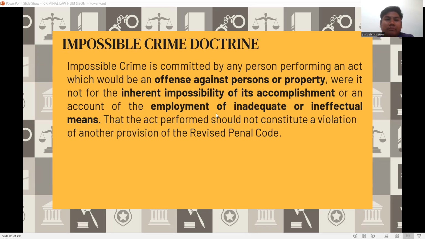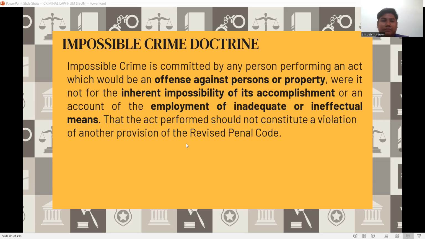Impossible crime doctrine. Impossible crime is committed by any person performing an act which would be an offense against persons. What are examples of offenses against persons or crimes against persons? Murder, homicide, or offense against property or crimes against property: theft, qualified theft, robbery. Were it not for the inherent impossibility of its accomplishment or on account of the employment of inadequate or ineffectual means, that the act performed should not constitute a violation of another provision of the RPC,